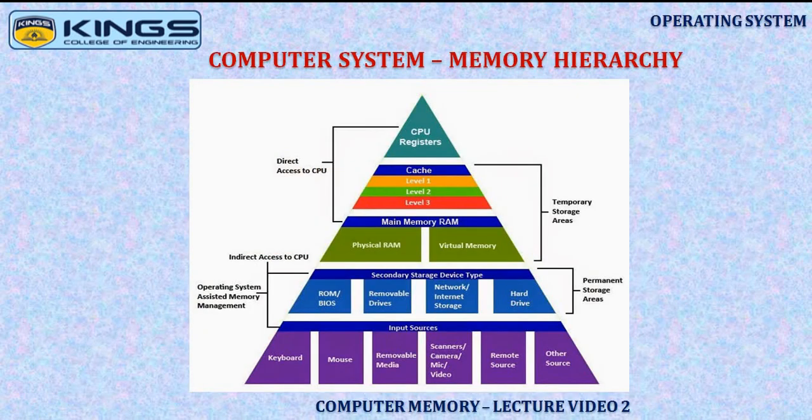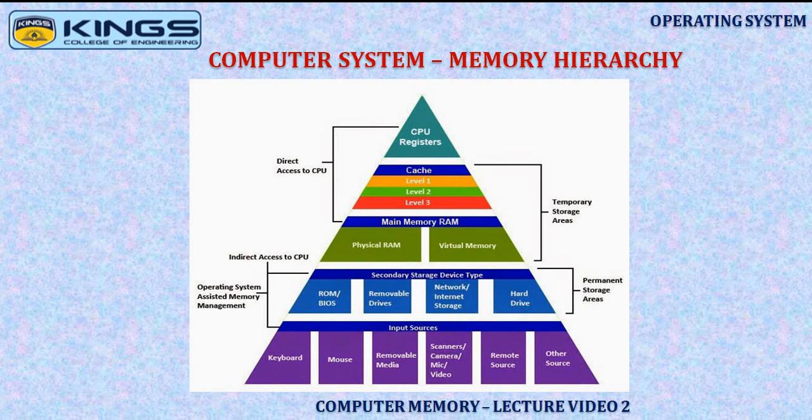A memory unit is the collection of storage units or devices together. The total memory capacity of a computer can be visualized by the hierarchy of components. The memory hierarchy consists of all storage devices contained in a computer system, from the slow auxiliary memory or secondary storage to the fast main memory and to the smaller cache memory.